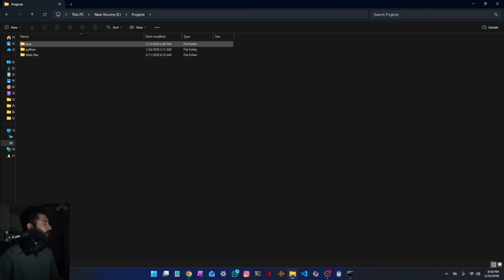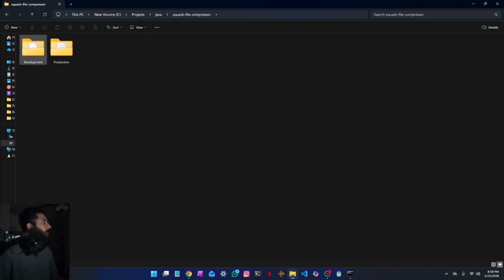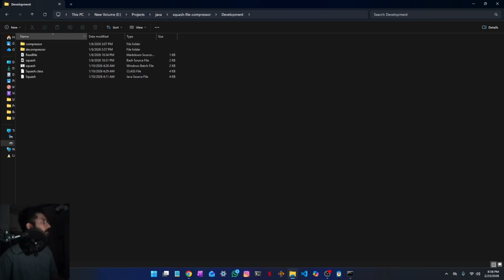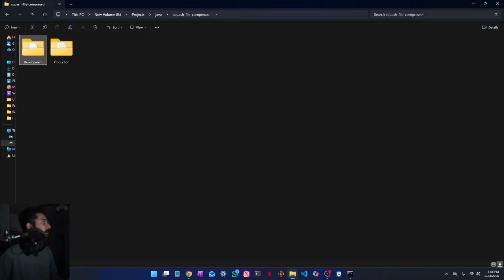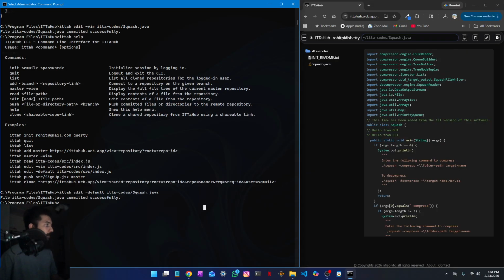Projects in Java. So I'll choose development. Okay, let us push development onto that. Clear? Just copy the path and use this command, ittah